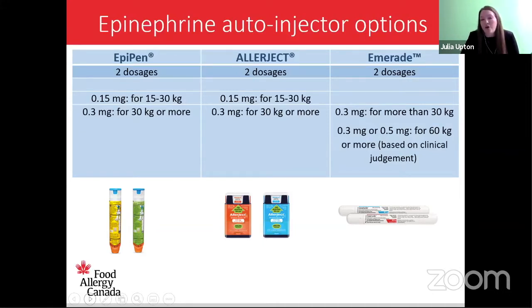So really anyone over sort of 60 kilograms, you might think about using the 0.5 milligrams. Having said that, for many years we've had 0.3 milligrams for that weight range, because this is being used outside of a medical setting. People carry it and use it when they have a reaction. So I think there's no right or wrong way so long as the person's over the weight,